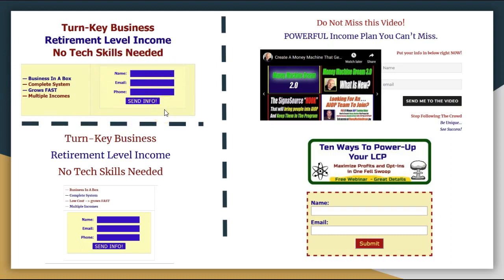You can change the font size, the font color. You can add the name or take the name off. You've always got to have the email in there. In this one, I also had the phone number. You can make this little part right here say anything you want. Right now it says send info, right? Here's another